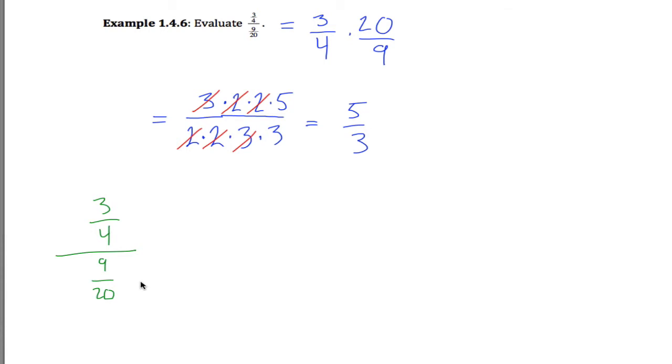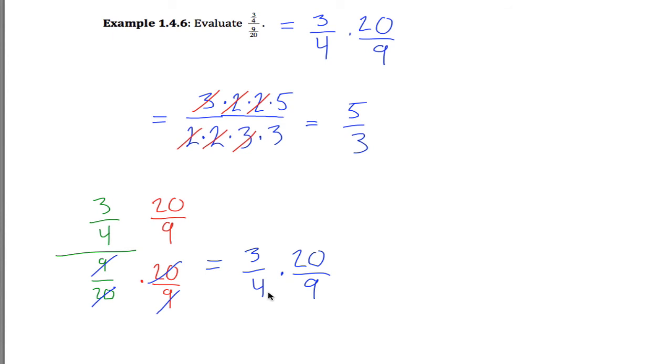So I'm going to get kind of clever and I'm going to choose to multiply the numerator and the denominator of my big fraction by 20 divided by 9. Note I multiplied this and this by the same number, so I haven't changed any values. What I have done is made it possible to cancel out this 20 and this 20 and this 9 and this 9. So all I'm left with is what's on the top. I'm left with 3/4 times